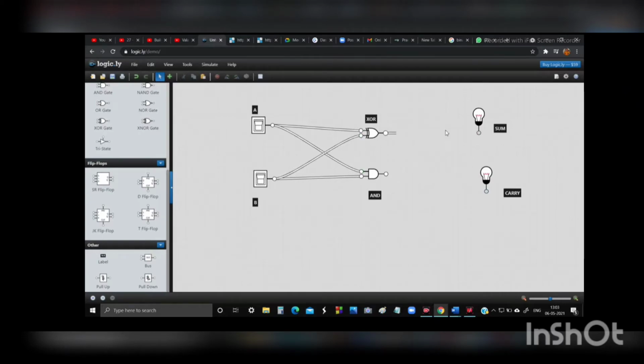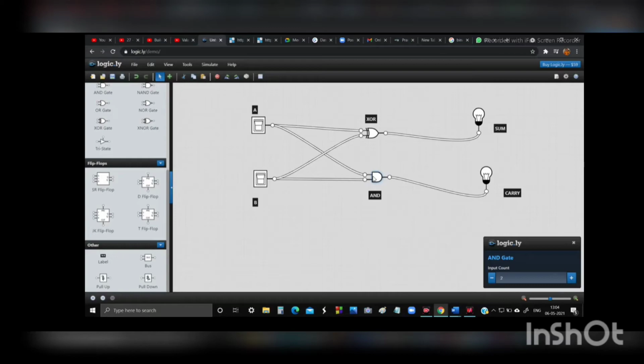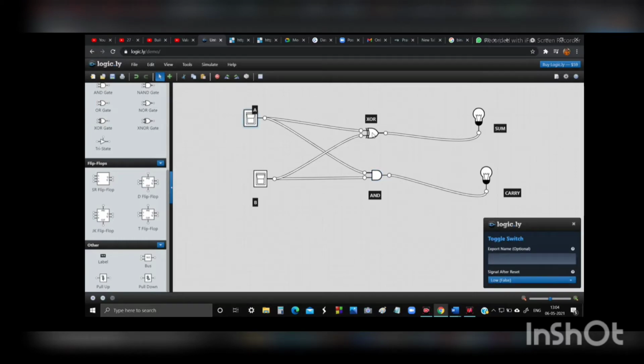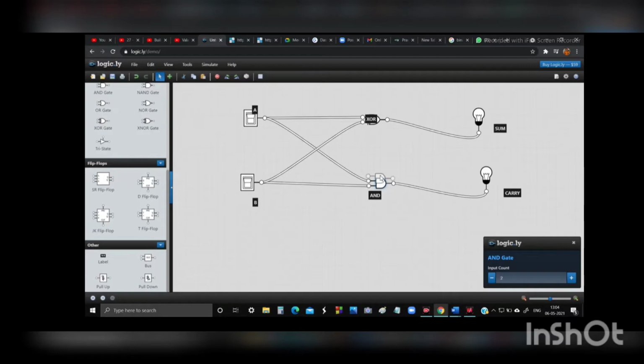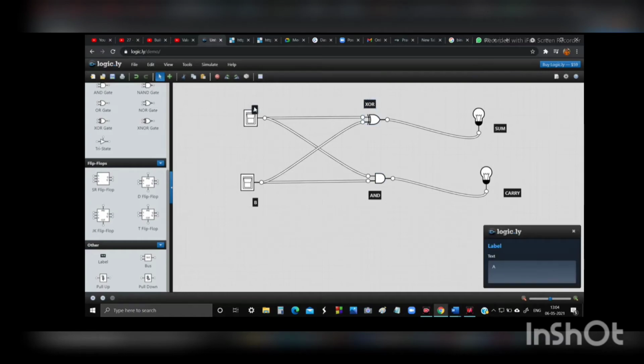Now I am connecting it. We got the output correctly.